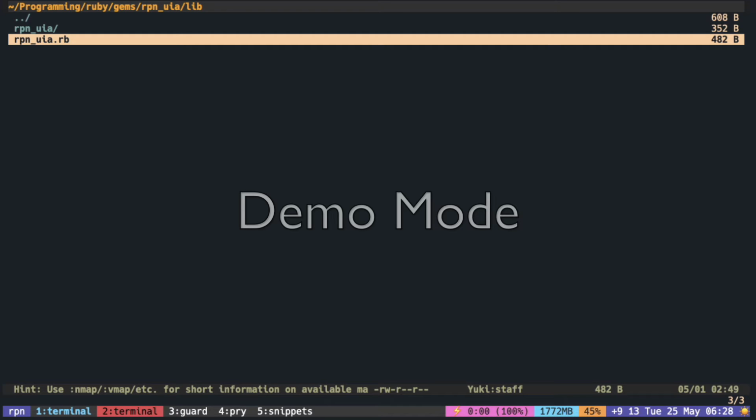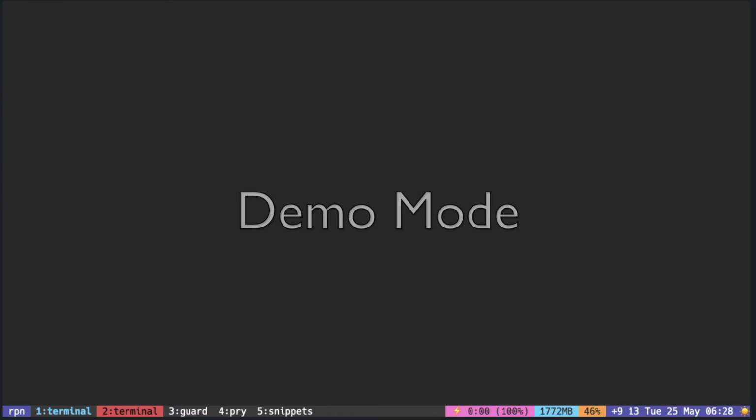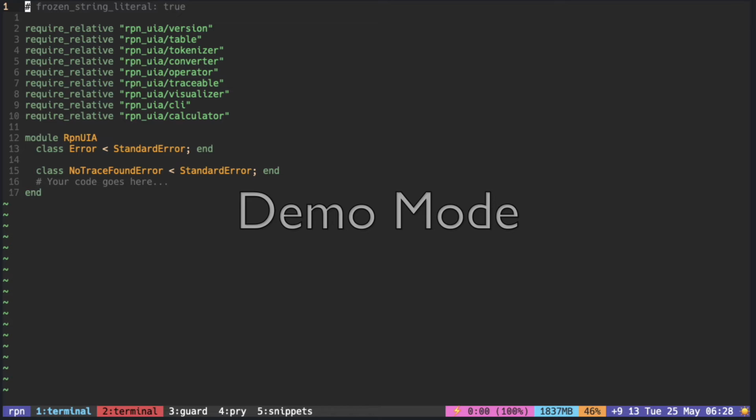The RPN stands for reverse Polish notation, which is a synonym for postfix expression, I guess. So this has all of the classes that are required or included in this project, and the important ones are the CLI,